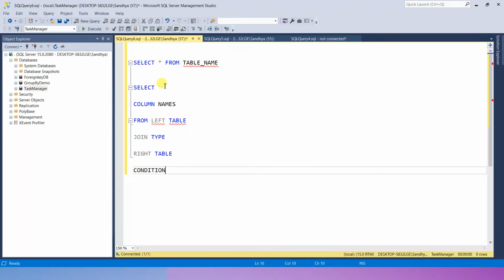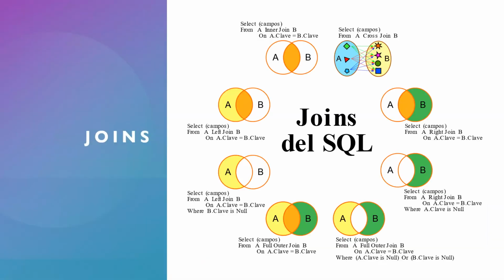See, this is simple. You write select the column names from. Here in from you were writing one table, right? So in joins you will write the left table name. Suppose there are two tables, one is the left table and one is the right table. Let's see the diagram so that you understand clearly.